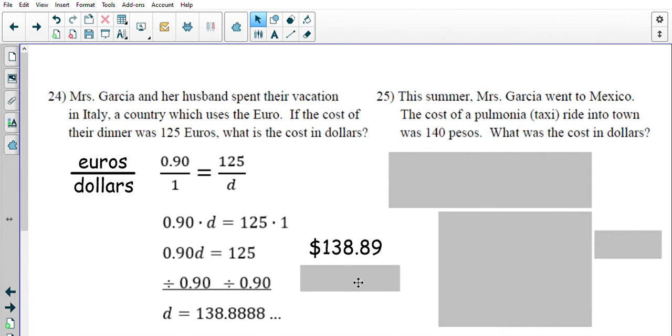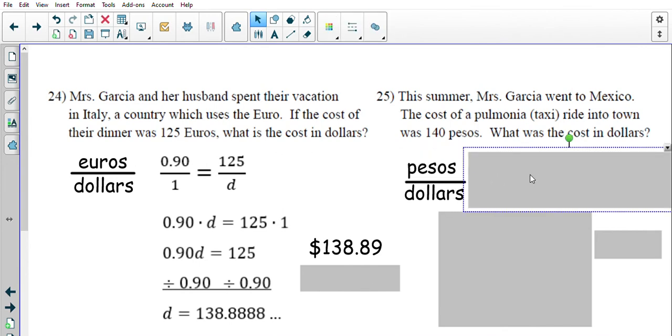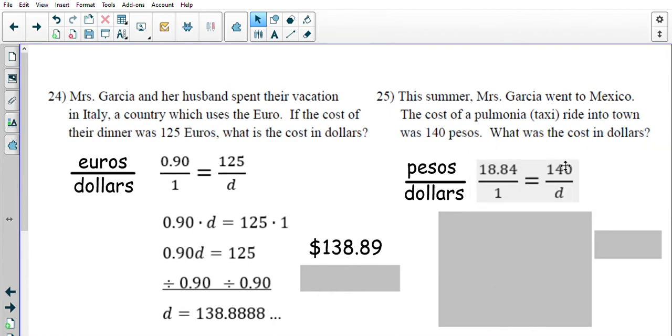Number 25. This summer, Mrs. Garcia went to Mexico. Not really this summer, it was the previous summer. The cost of a Pulmonía taxi ride into town was 140 pesos. What was the cost in dollars? So we're using that last conversion rate that we haven't used up till this point. So we're comparing pesos to dollars, and that conversion rate is 18.84 pesos to 1 US dollar, and the cost